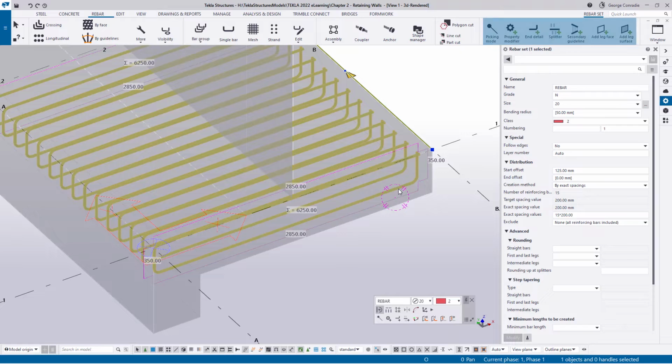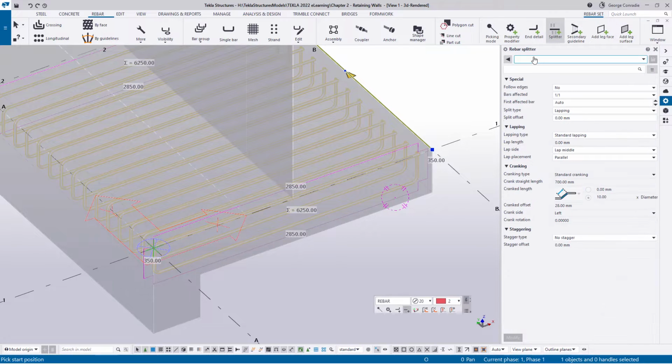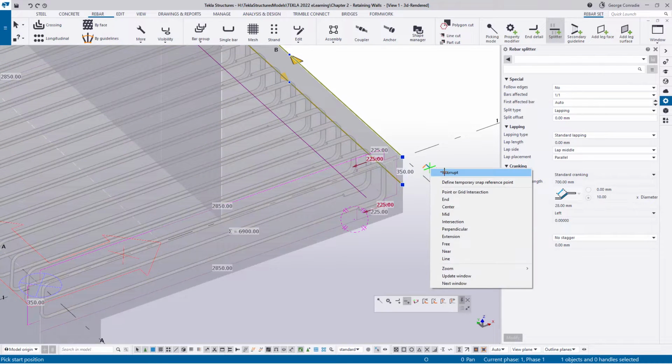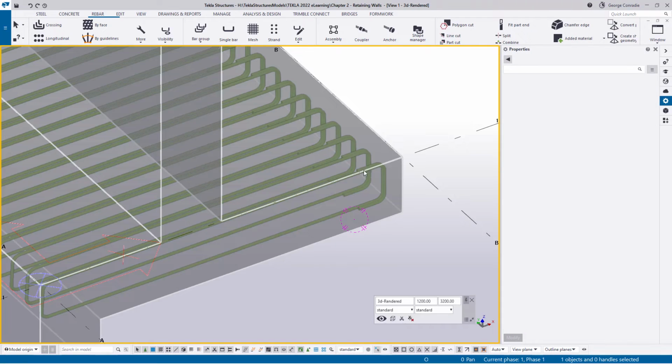So if I click on the bar and I head over to the splitter, make sure that I just load my standard splitting. Now a standard splitting on a 20mm bar is, I think, an 800 lap. It's going to be too much because we only have 500 there. So I'll show you what happens if we lap that bar now, it wraps around and it really makes a